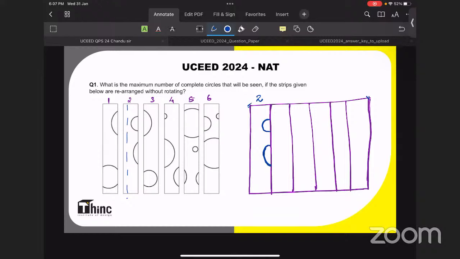Coming to the final piece, now I'm looking for the final piece. I'm going to follow the same logic. I need some plain spot on the right side, some vacant space. As with strip 3, I can find a plain area in the third one, so I will go for the third one as the last. The third one, I will draw like this. Don't feel bad if my circles end up not looking like circles. Actually, I have plans to draw circles.